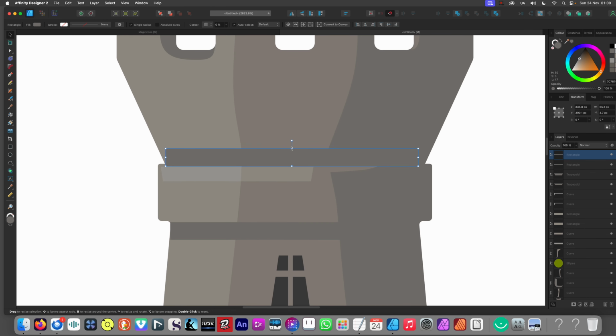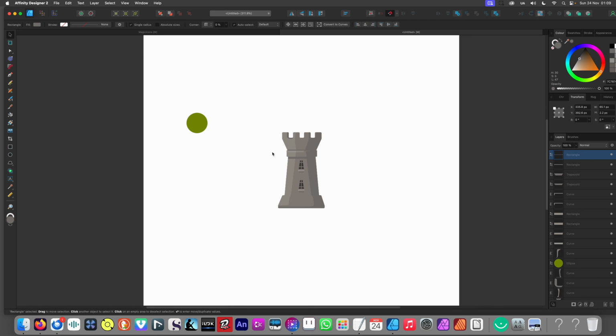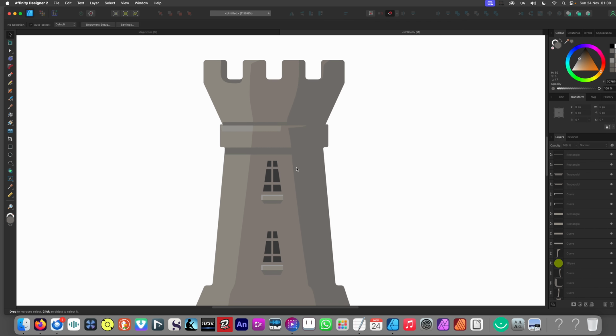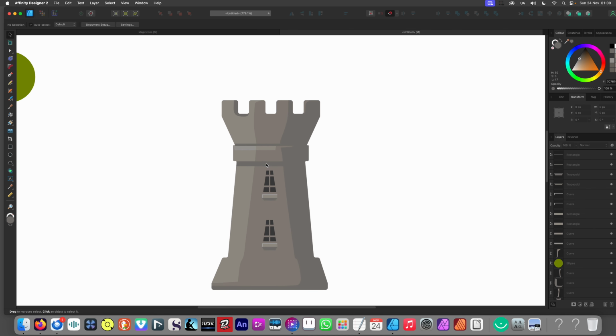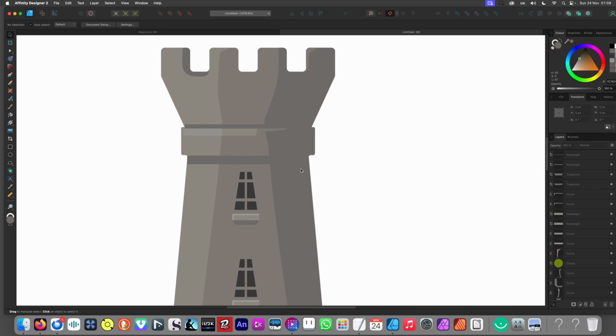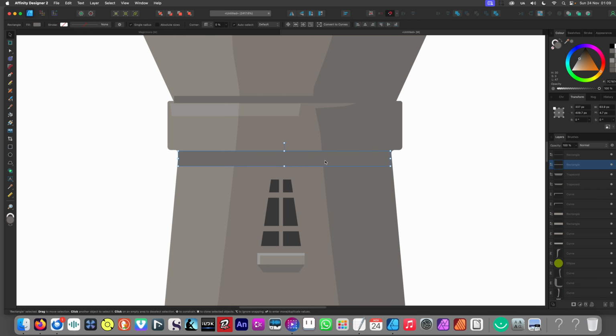I want to make this thinner though. Excuse me, I seem to have a bit of a frog in my throat. Now I could kind of leave this here like that, but I could also make it look a little bit better if I go get the knife tool and I separate it here, and we'll separate it here,